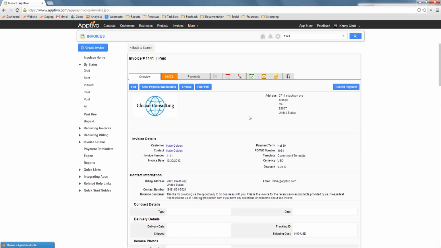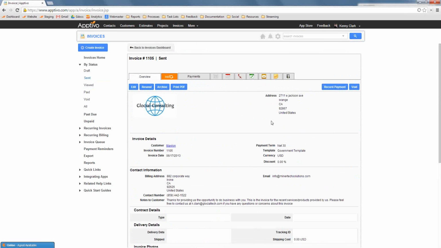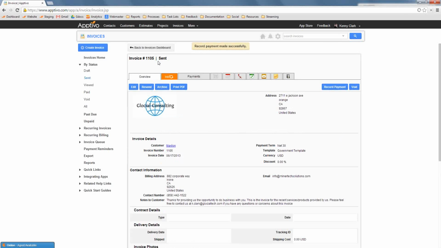One, we can record partial payments. So if we have an invoice that's sent out but not yet paid, let me grab an example. If I have an invoice like this, I could say they sent me a check for like $5,000, and I could leave the invoice unpaid. When I record that, it will stay in open status, but if I print out the PDF, it's instantly